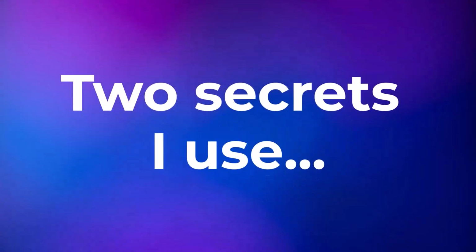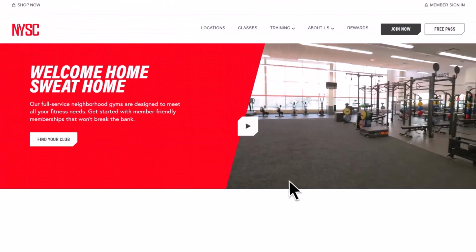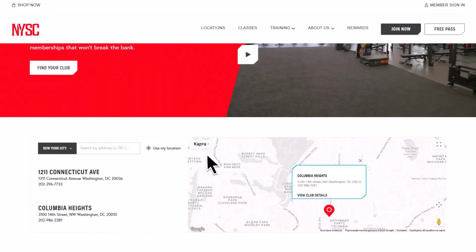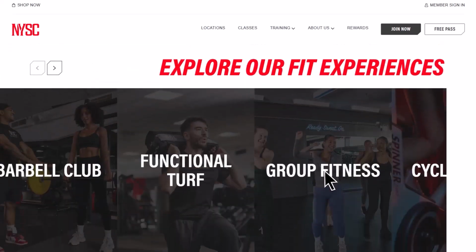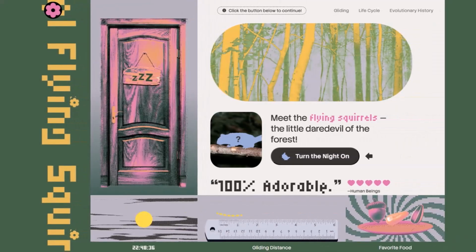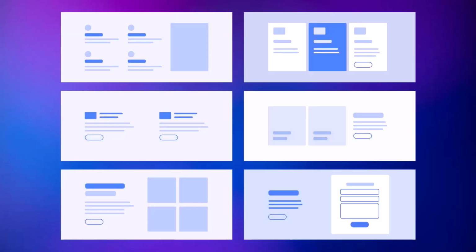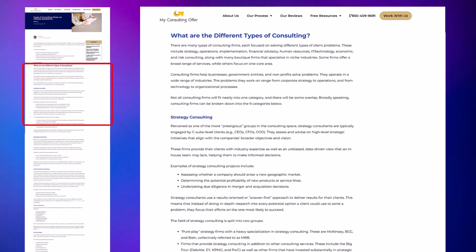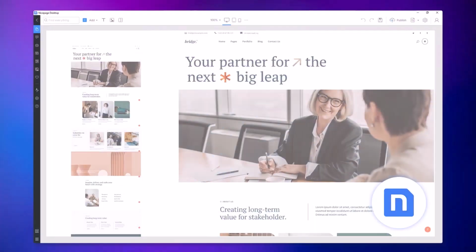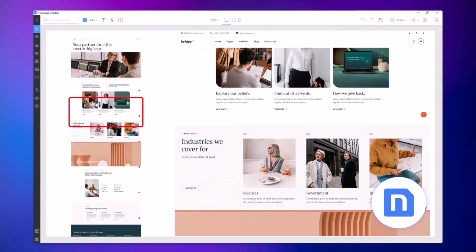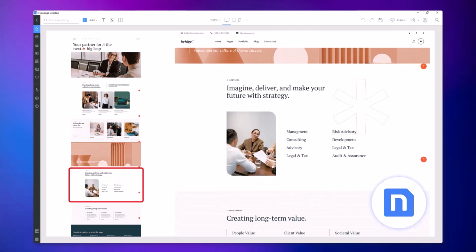And here are 2 secrets I use. The first is a simple and clear layout that helps the user immediately understand where to look and what to click. A messy composition confuses the user and makes it hard to grip the focal points. Second secret, use various block designs to build layouts. If all the blocks on a site look the same, the brain gets bored. That's why I always mix different block designs to keep attention and lead visitors through a user journey through the